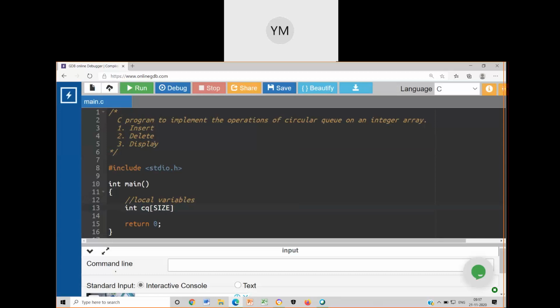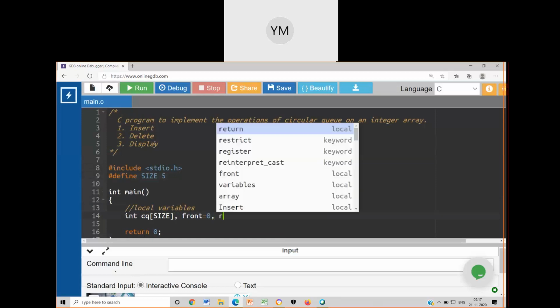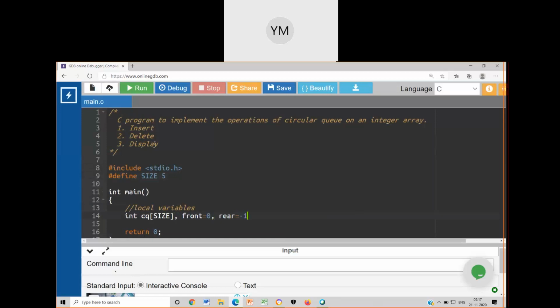Please do it parallelly, so that further modifications can be asked from your end. Let me give the size as 5. Circular queue CQ of size, then front equal to 0, rear equal to -1. Then I require what is called count, which is assigned to 0.